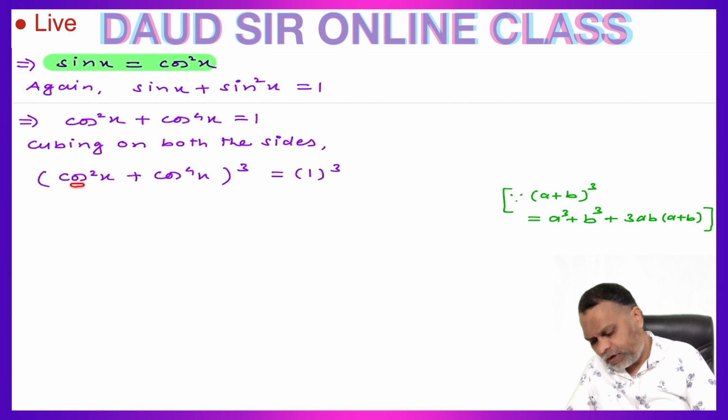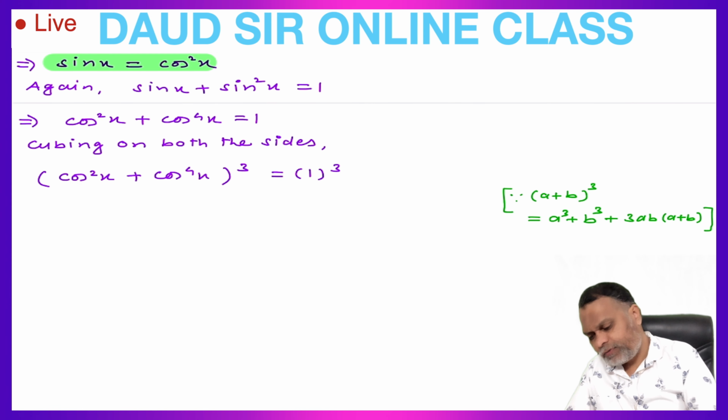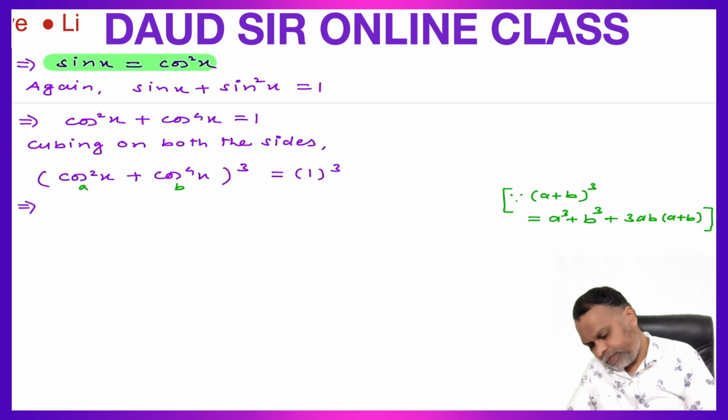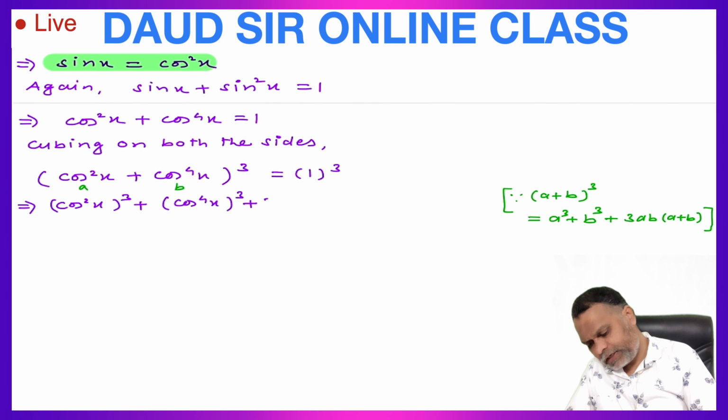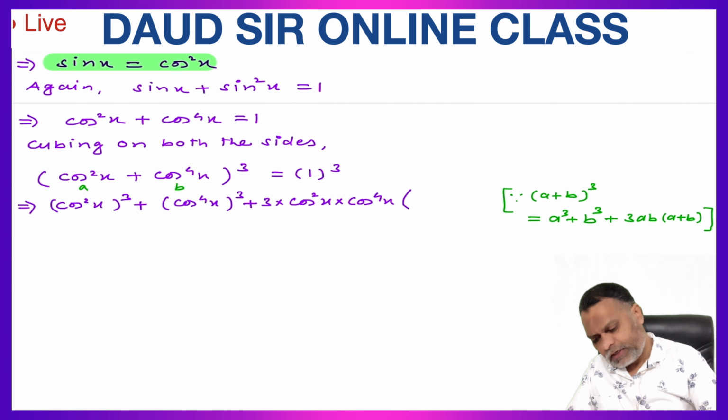Here a is equal to cos²x and b is equal to cos⁴x. This is a and this is b. Open this: a³, so (cos²x)³, plus b³, (cos⁴x)³, plus 3 times a, cos²x, into b, cos⁴x, into (a + b), (cos²x + cos⁴x)